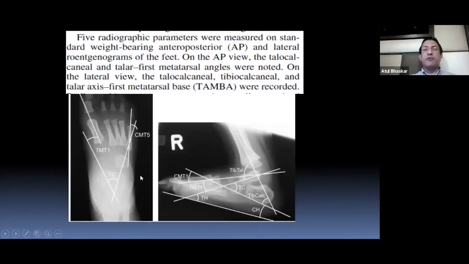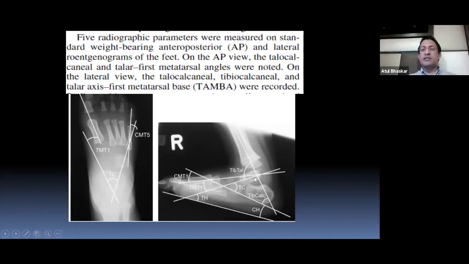The other angles which are important from the exam point of view: in the AP view, in the slightly older child, you can look at the AP angle as well as the AP talocalcaneal angle. The AP angle goes from the first base of the metatarsal and the talar axis. So the talar first metatarsal angle, called the Meary angle, is very important to look at the forefoot adduction or abduction. And in the lateral view, you have what is called the lateral talar axis, first metatarsal base axis. So these are the lateral axes. So you can see here the first metatarsal base and the talar angle.